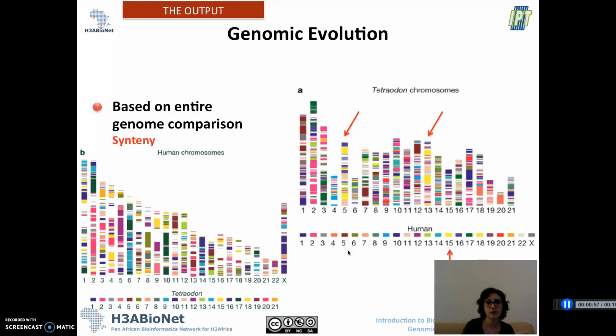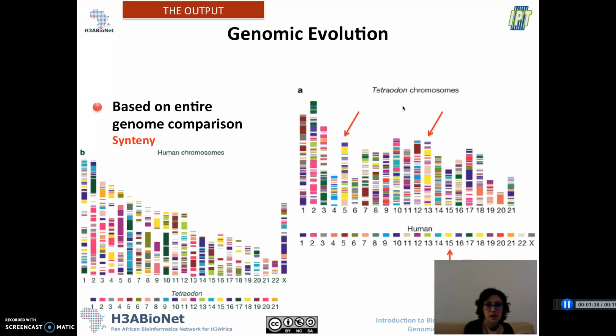So here you have an example of synteny between two different genomes. Here the human genome and a fish genome, which is the tetraodon. In order to observe synteny, what we do is generally color code the syntenic regions between two genomes. So we color one of the genomes, and then we see how these different blocks, the different blocks of colors, or the different portions of the chromosome are distributed along the other chromosomes of the